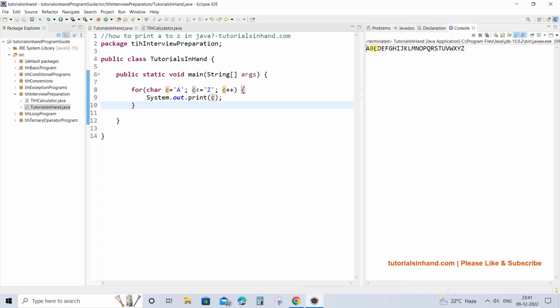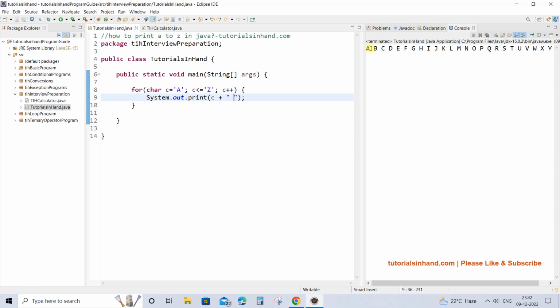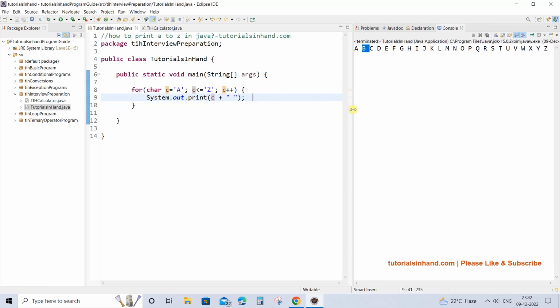Now there is no gap between the letters, so we should make a little adjustment and just add a space, and now if we execute, there will be a space between each letter. See, it has a space between each letter because we have introduced a space. That means it will print A, and with A it will print one space also. It prints the character and then one space. Then again in the next iteration it will print B along with the space, right? So we get from A to Z as seen on the screen.